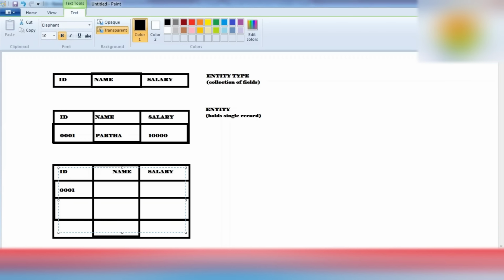This is 0001, this is 0002, this is 0003. So this is your entity set. Entity set is nothing but a collection of records.